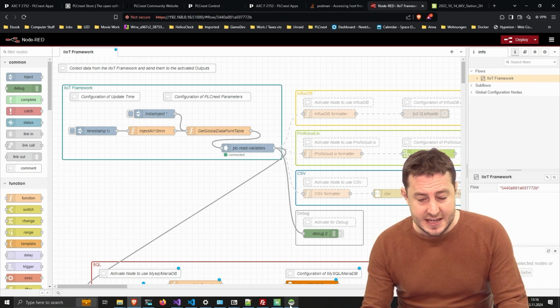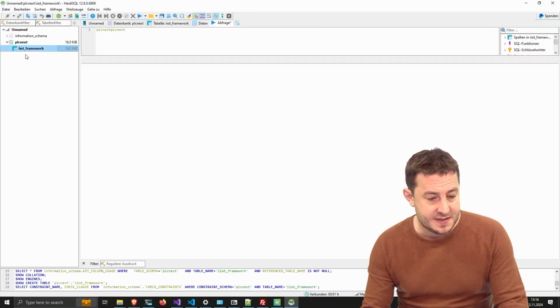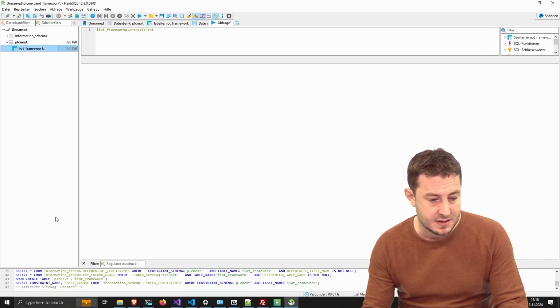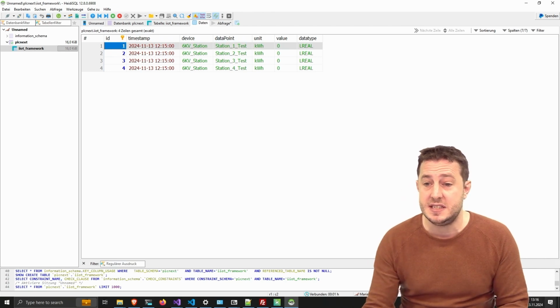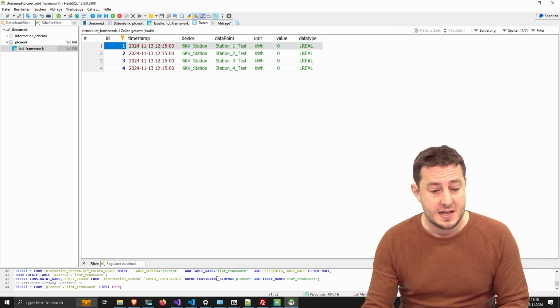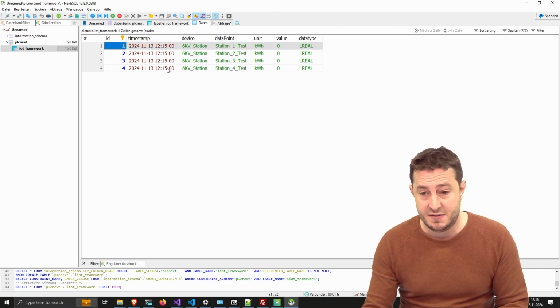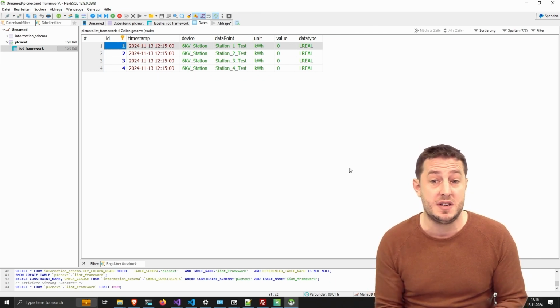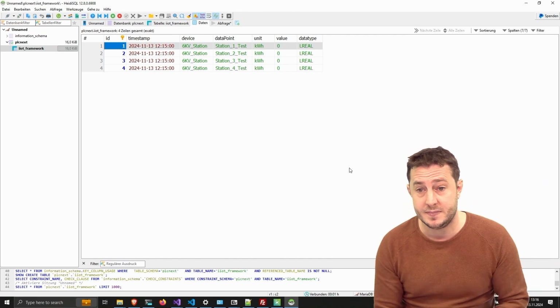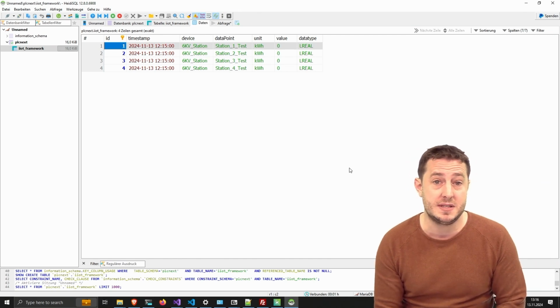And now we should actually, because I see that it's 15, not sure what the PLC Next has as time. Yeah, see our data already, because it just turned 15 and it was injected at 12:15. Why 12 and why 13? Because the PLC Next is running on UTC time. That's 1 hour different in Austria at the moment.